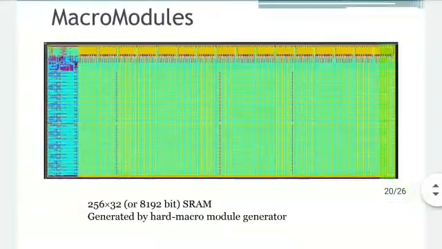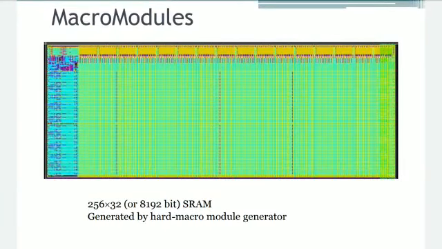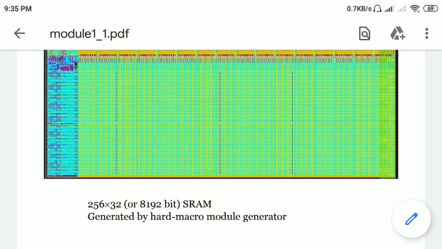Macro modules, right? Now before explaining this, we should know what a macrocell, megacell, and intellectual property are. Standardizing at the logic gate level is attractive for random logic functions, but it turns out to be inefficient for more complex structures such as multipliers, data path memories, and embedded microprocessors and digital signal processors. Cells that contain a complexity that surpasses what is found in typical standard cell libraries are called macrocells or sometimes megacells. Two types of macrocells can be identified.